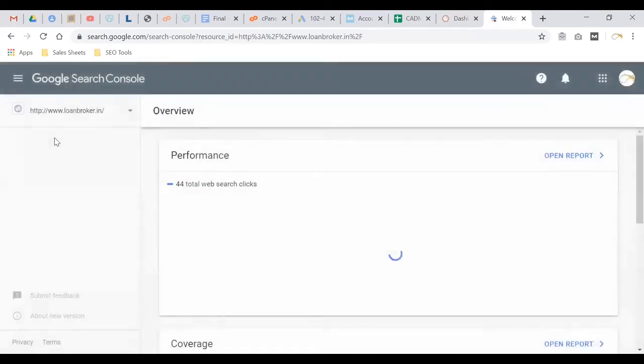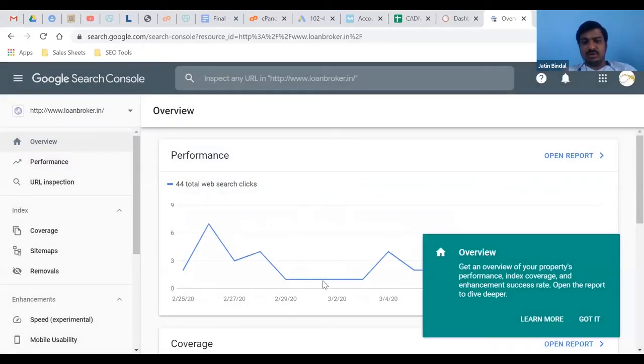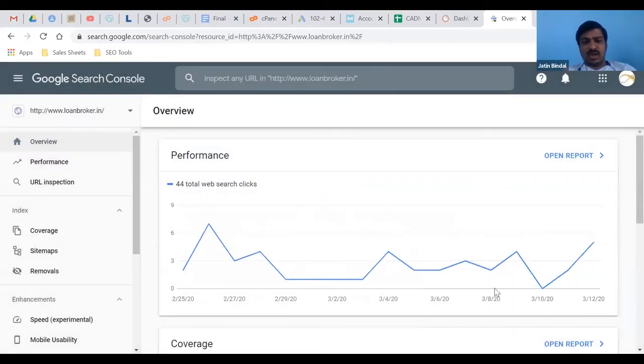Click on it. Okay. Click on start. Got it. Okay. I believe you earlier had a property. Maybe that's why it is showing data. Otherwise, it comes blank. But we have re-verified your property. Nothing more than that. That's all. Now you can unshare your screen.